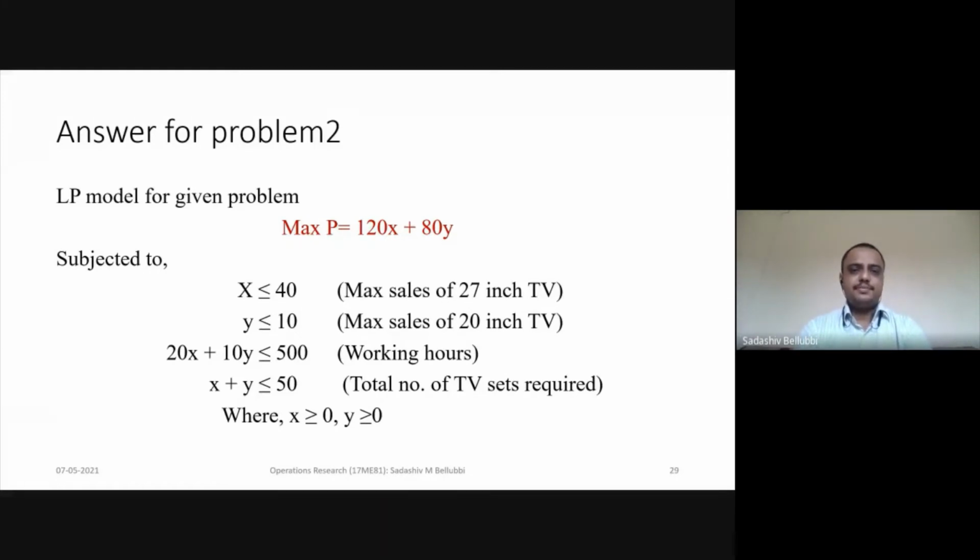Have you taken this? I hope you have taken the answer. So, the answer for problem number 2. But in the assignment, you should not write only the question and answer. You need to solve it step by step. Whatever I explain, the same thing I explained for the first problem also. Okay, next we will move on to problem number 3.